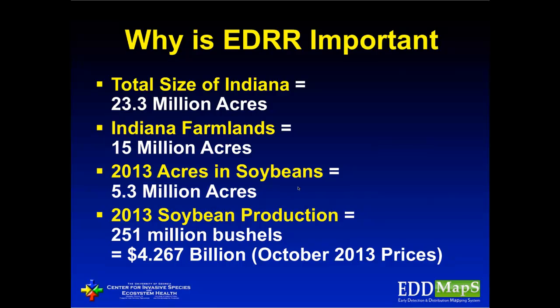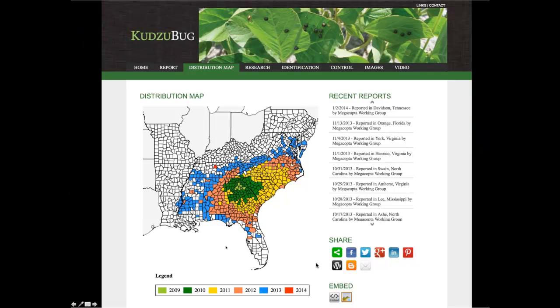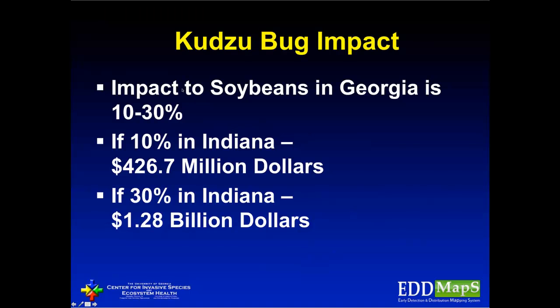But I did a presentation in Indiana a few years ago, and I really looked at, okay, well, Indiana is 23 million square acres. 15 million of that is farmlands, of which 5 million of that is soybeans. And so that's a $4.2 billion a year soybean industry in Indiana. Well, kudzu bug is a pest of soybeans that they've seen 10 to 30% impact to soybeans in Georgia when not managed properly. Well, that equates to real dollars if the kudzu bug is viable in Indiana, because you start